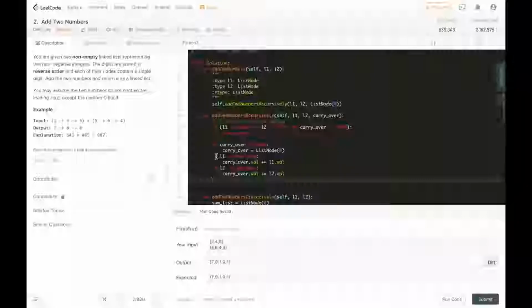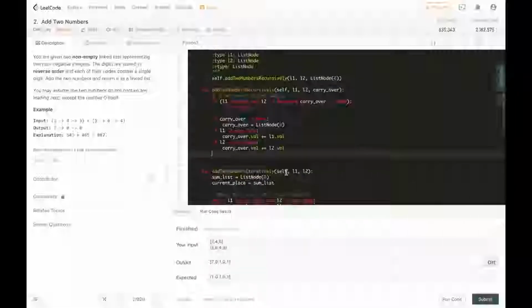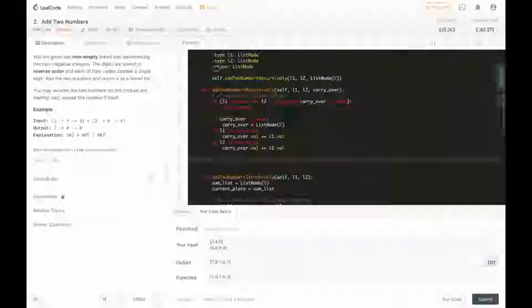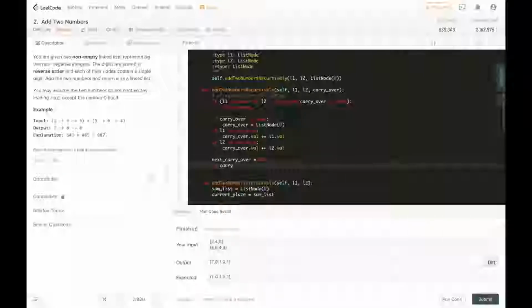We're going to add L1 and L2 to this. And then we're going to make the next carryover. It's going to start at none, but if the current carryover, or the current element we're at right now,